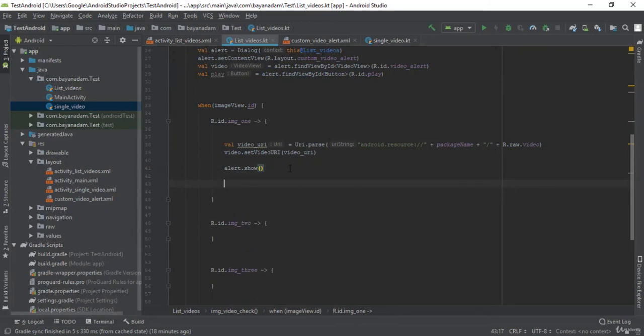But we are not done, because the alert will show, but we will not be able to start the video. If you remember, here we have the play button. If you hover over it, it says variable play is never used, because we want to assign an on click listener to this play button to start the video. So I'm going to type play dot set on click listener, and here I'm going to type video,